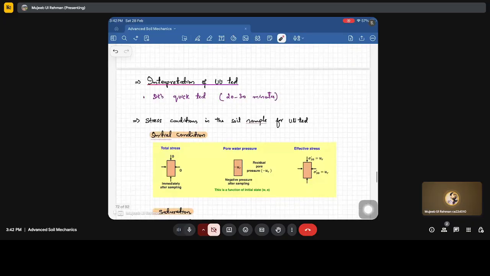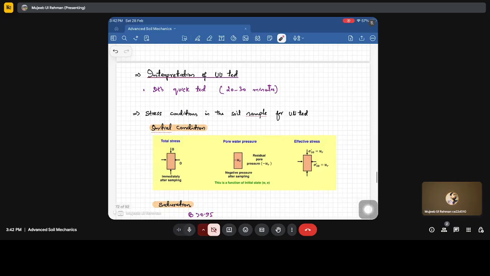Now moving on to the interpretation of the UU test. We have seen the UU test. It's unconsolidated and the conditions are undrained, an unconsolidated undrained test. It's a quick test, generally completed in 20 to 30 minutes. It's also called a quick test. And if we talk about the stress conditions,